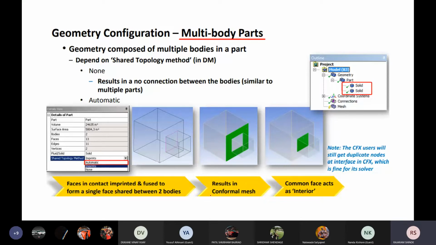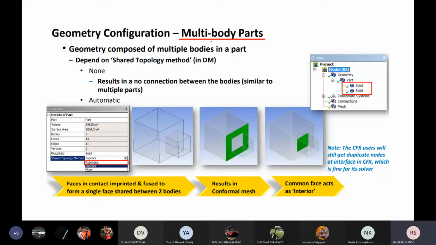Next, the common face acts as an interior. Note that CFX users will still get duplicate nodes at the interface in CFX, which is fine for the solver. You have to remember this.